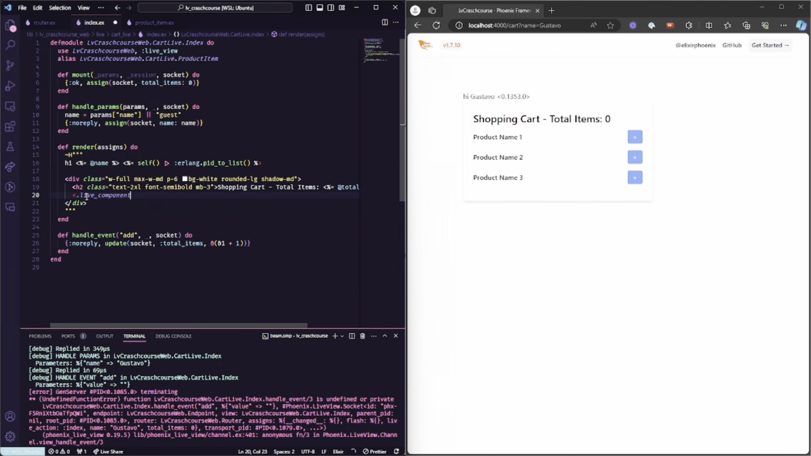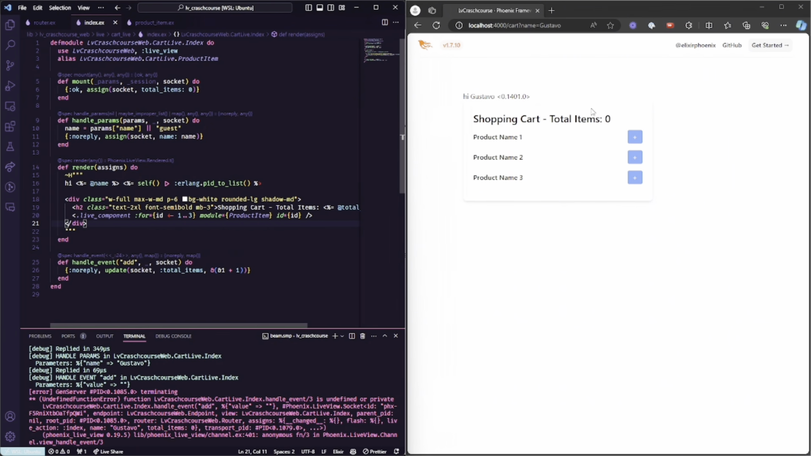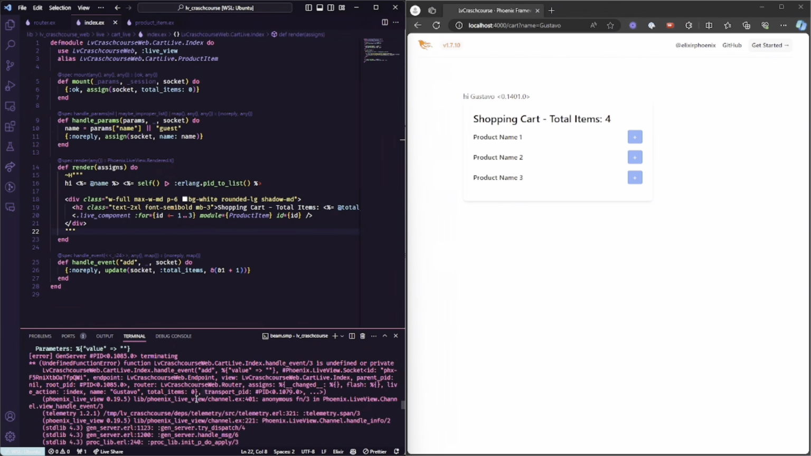Then live component, where our module will be product item, and our ID, you can say ID, it's fine, where we are gonna use our for right here, saying ID will be 1, 2, 3. And then, as you can see, our LiveView pages are different. And it is working perfectly. What I mentioned to you, as you can see, it's only the HTML. But what about if you want to give the responsibility